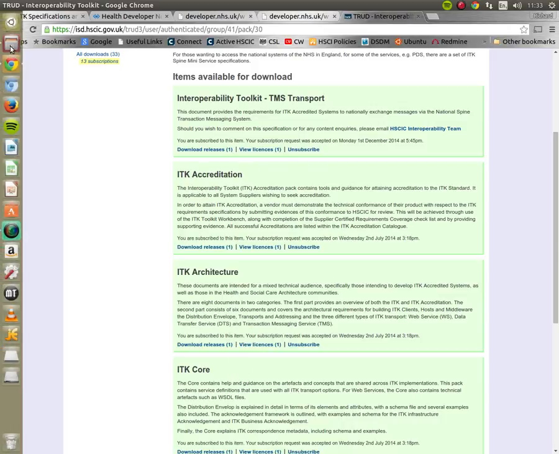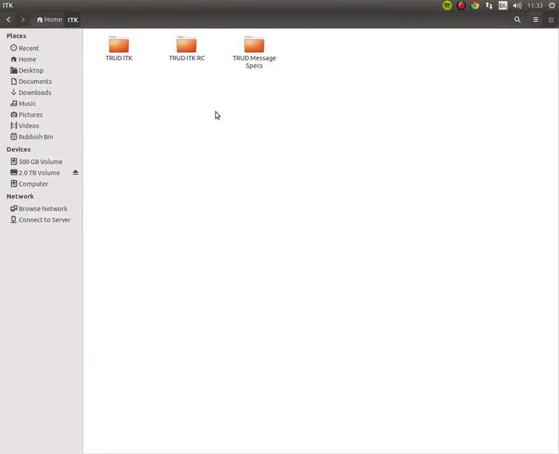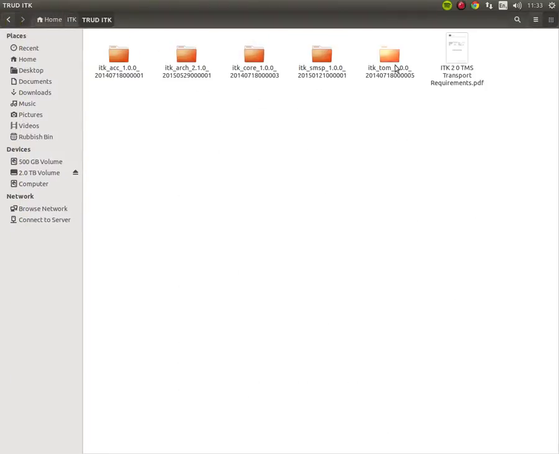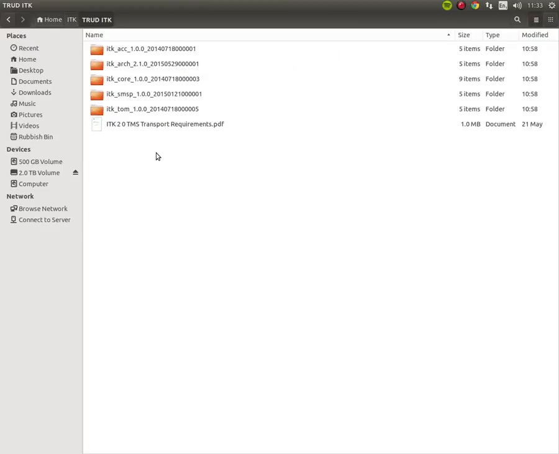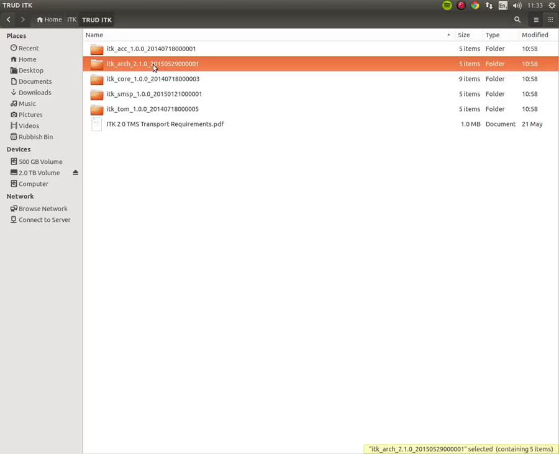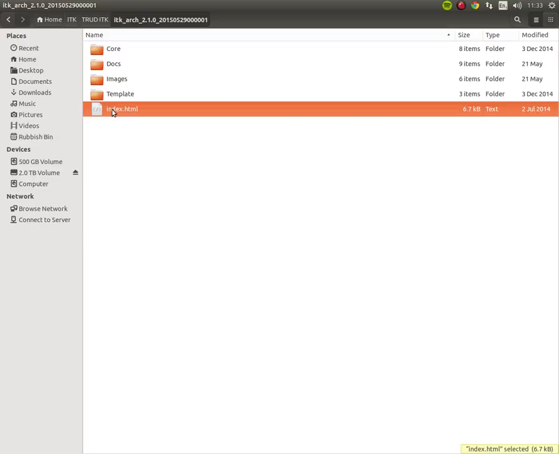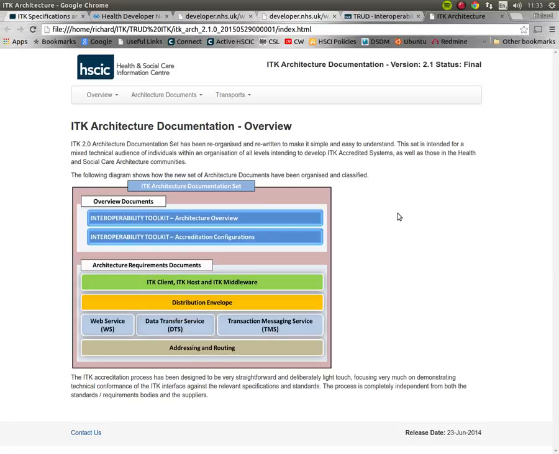Once you've downloaded those specifications, they basically self-extract into folders. So if we go and take a look at the architecture pack, it comes down as a zip file, and you extract it out and you get a single folder. Open this folder and it's got an index file here. We open that file up. This basically is a self-contained web pack, so it'll render itself in a browser, and this gives you the overview of the architecture documentation set,